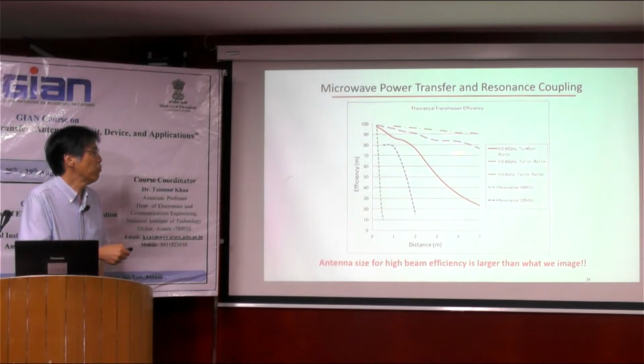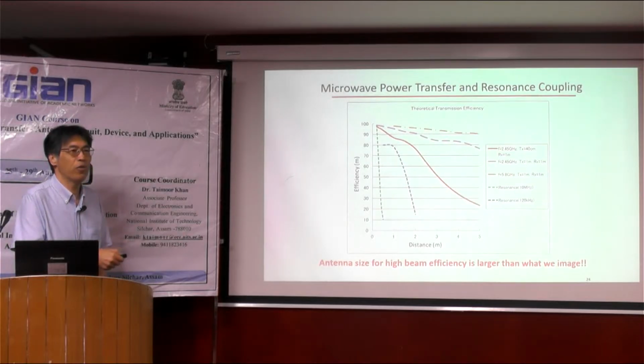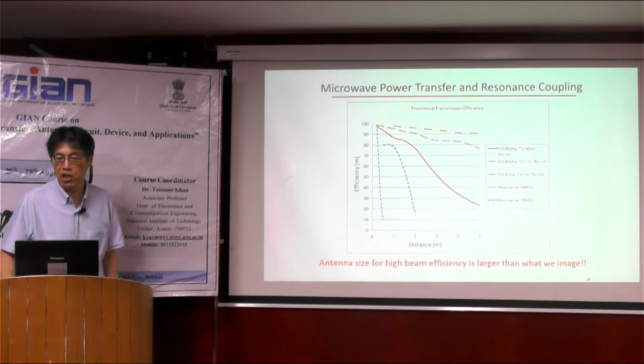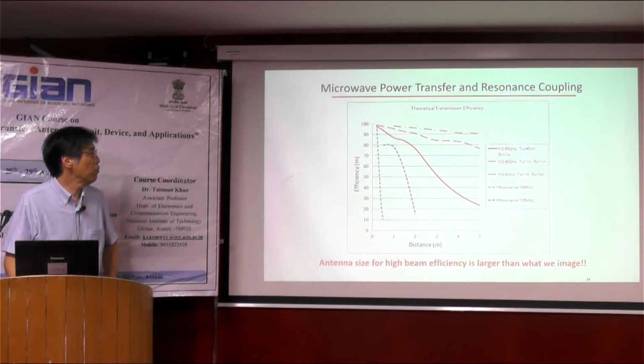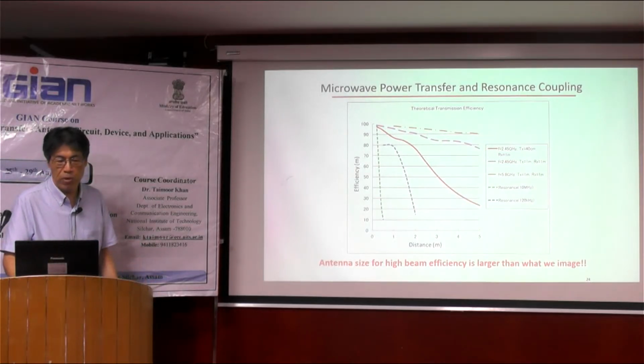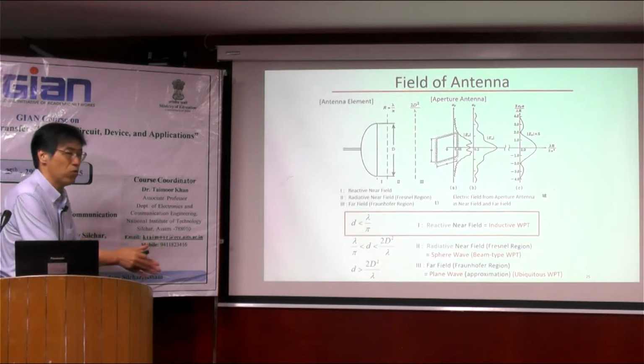If we choose optimal parameters, we can keep a high efficiency at a long distance or a very near distance. But if we bring the transmitter and receiver to a very short distance,